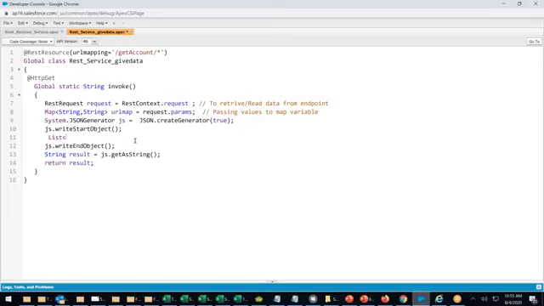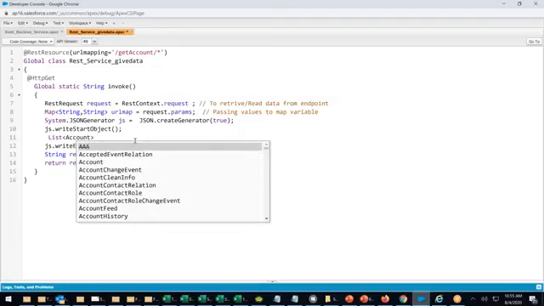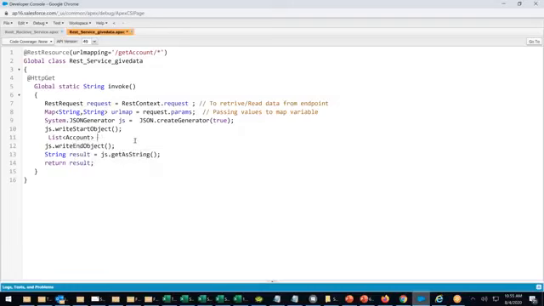Same program, I have taken the get one, the account list. What is that? List of account, AL equals to, I will write an SQL query. Select name, phone, fax, industry, whatever fields you want, from account, where